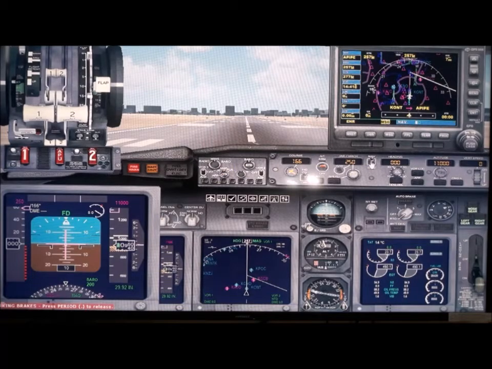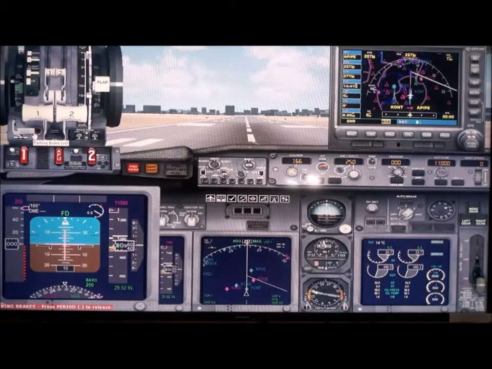now this will be the position after we take off. This is the GPS. We will move to GPS after we take off, and this is the course at Victorville, which is runway 17, with a magnetic course of 166. This is the brake. I will release the brake, and then